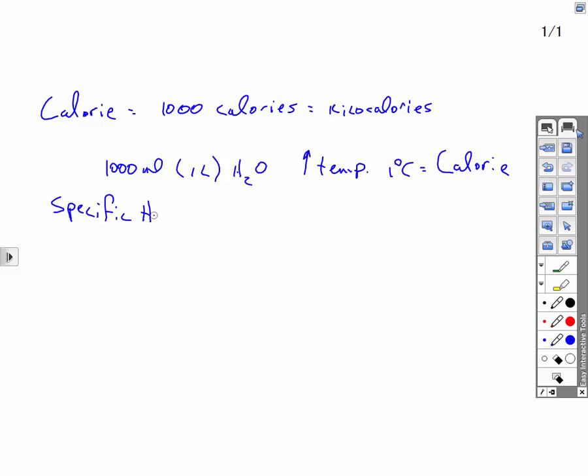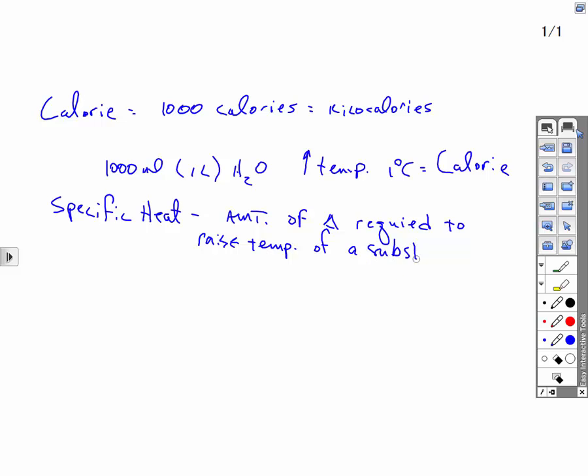Specific heat is the amount of heat, triangle is heat, required to raise the temperature of a substance, the way I usually put it, of a substance, and that, of course, is 1 gram of that substance